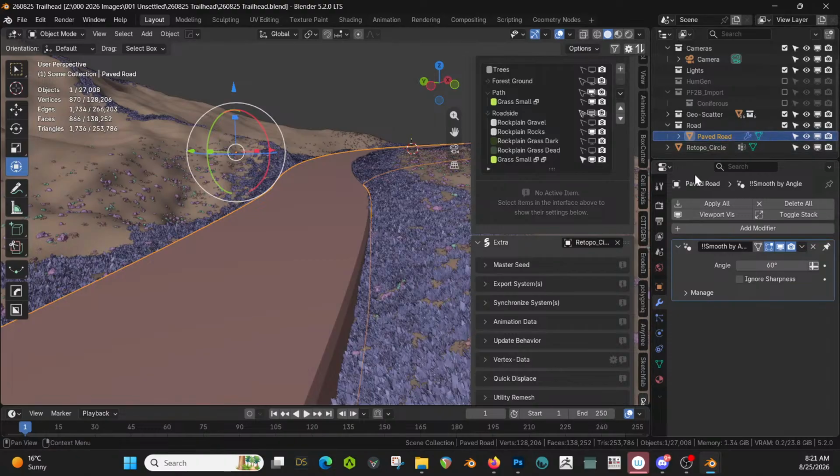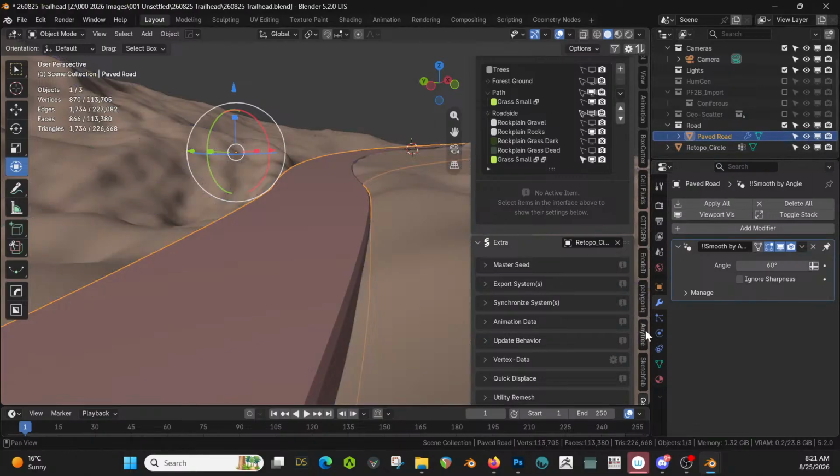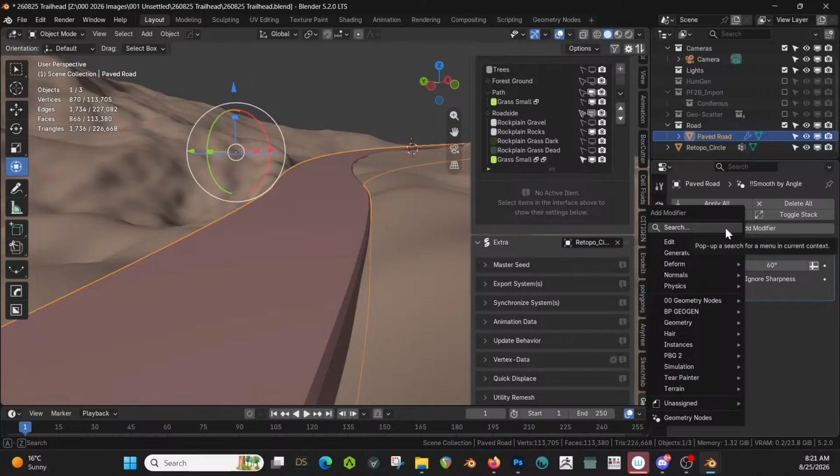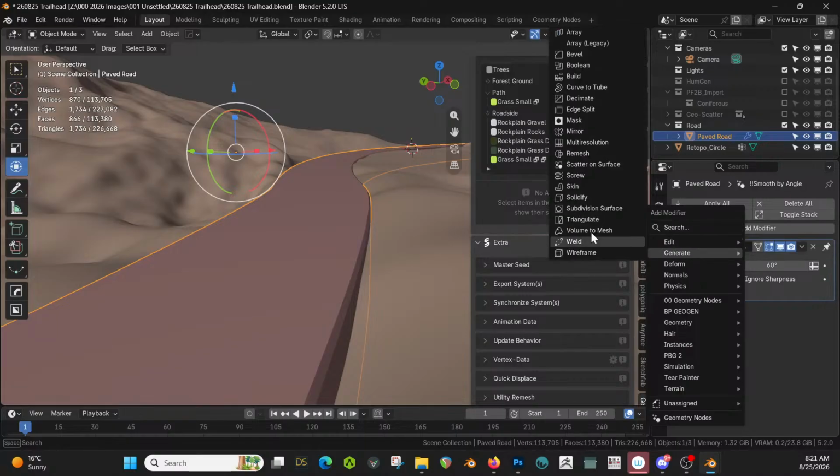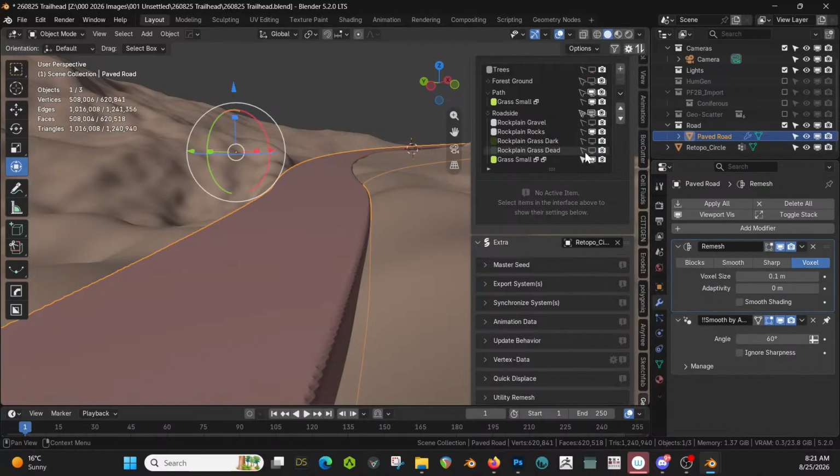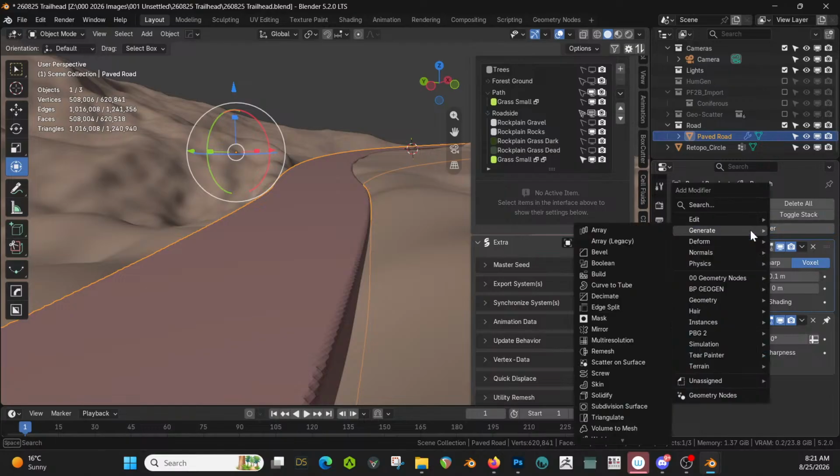I don't know. I'm curious. Right now, it's going to be very smooth. I'm going to turn off all geoscatter. This object, add a modifier, remesh. That'll smooth that down. Sure. It's not adding too many polys. Add a modifier,